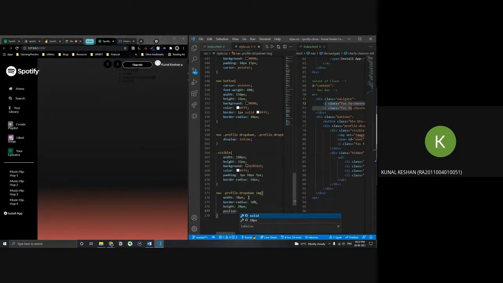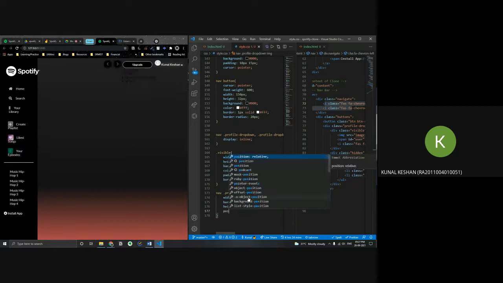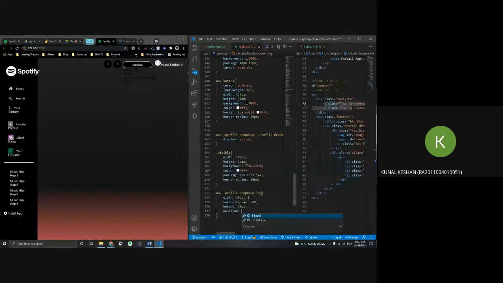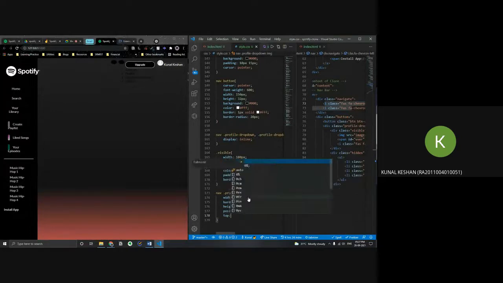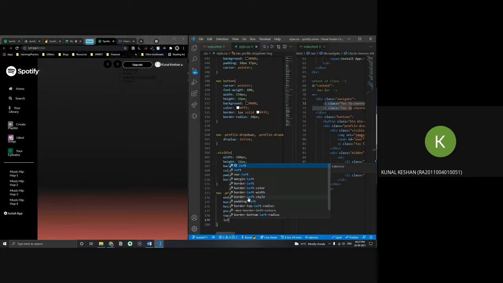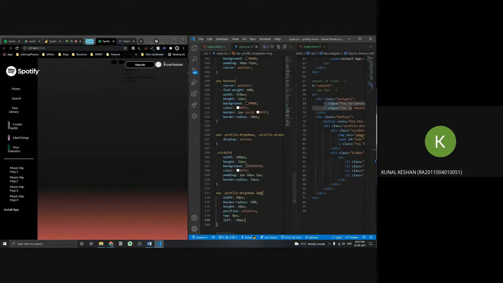It's a bit top, right? So you can bring it down using the position tag. Position relative, from top 8 pixels, and from left minus 10 pixels maybe, right there. So now these look close to each other, right?